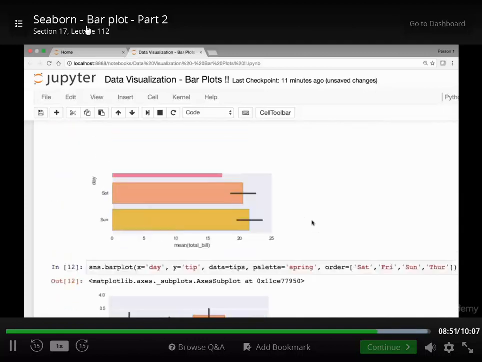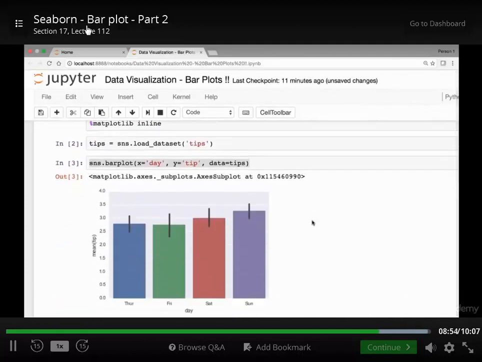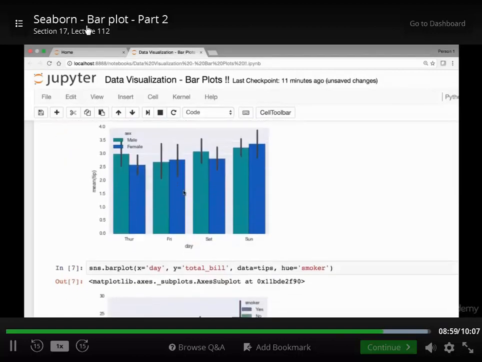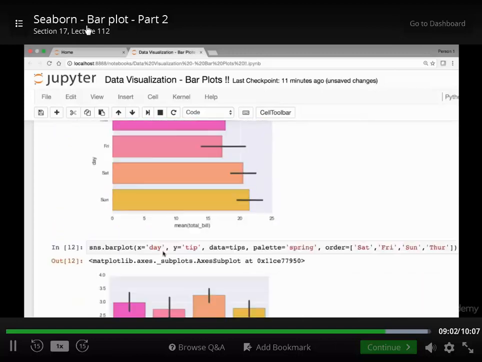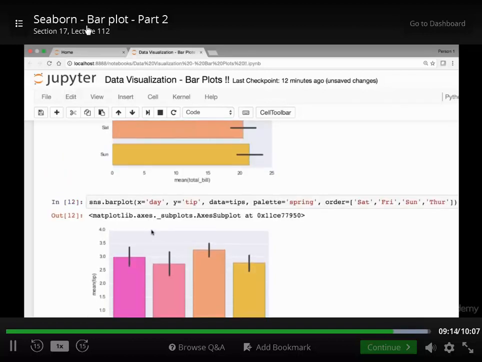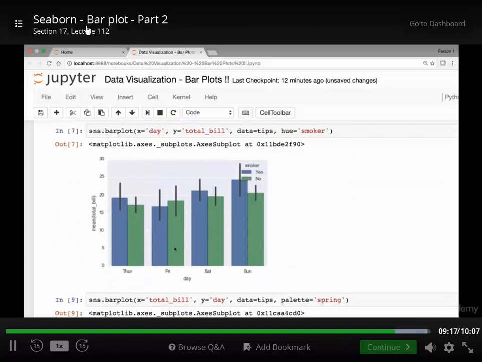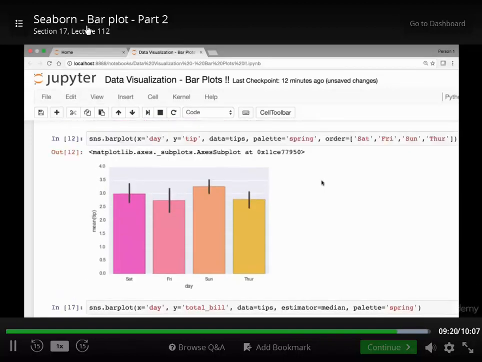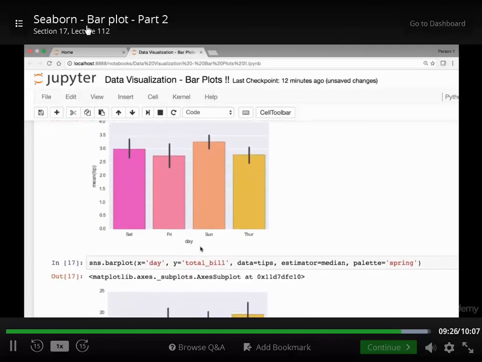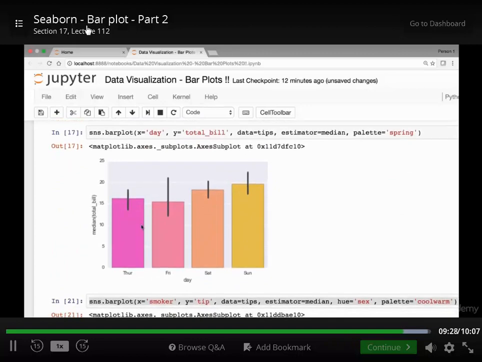Great. This is what I have for the lecture on bar plots. Just to summarize, we looked at bar plots, how we can draw vertical bar plots. We also saw that we can have horizontal bar plots, and we can pass certain attributes to get more information on our bar plots. For instance, we can pass the hue attribute, we can pass the order attribute to see our bar plots in the order that we want,